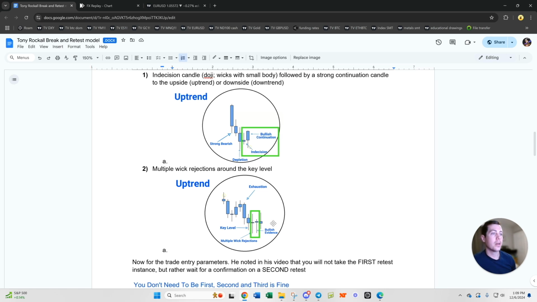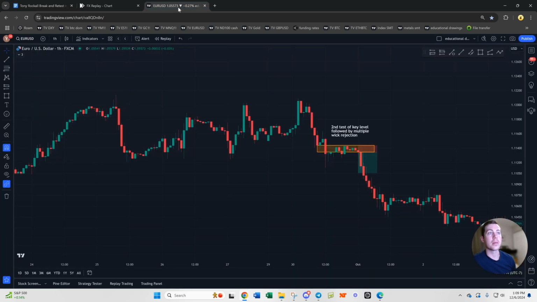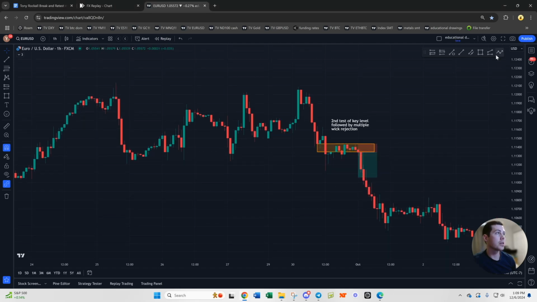So we'll be using these two potential candle formations for our entries, and I'll show you guys a couple examples real quick. So I believe this one was the double wick confirmation. So you can see here